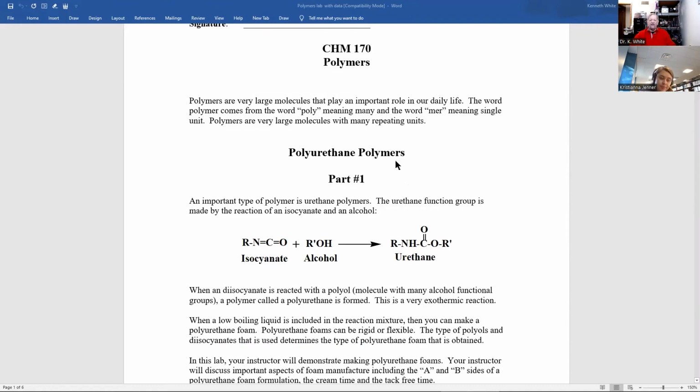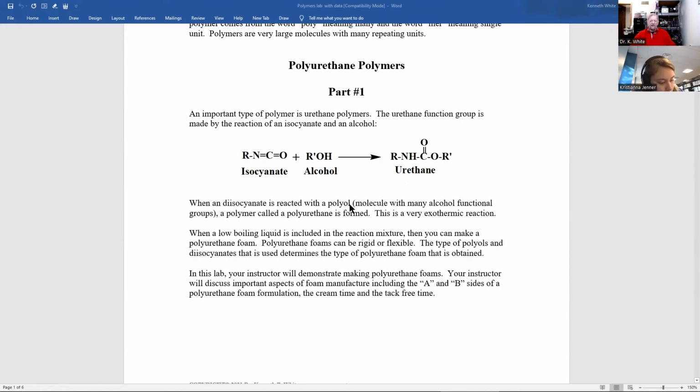Now, the first part, if we were face to face, you would be making a polyurethane polymer. And a polyurethane is made up of an isocyanate and an alcohol, polyol. Polyol meaning more than one hydroxyl group. I just have the reaction with one. And the isocyanate usually is a diisocyanate, and I have that here. And when you do the reaction, it forms a urethane, which is this functional group, and it's exothermic, gives off